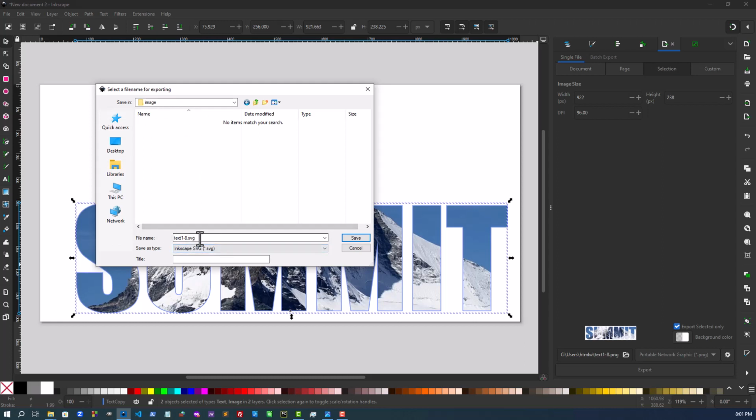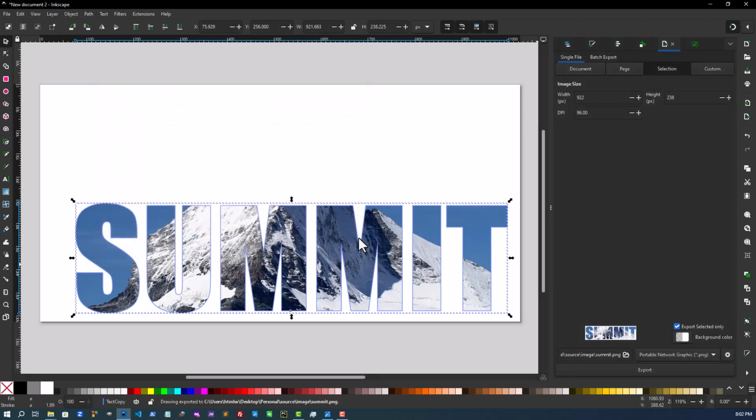But we're going to export this not as an SVG. We're going to change this to PNG, and we're going to just call this one Summit, SUMMIT, and we're going to leave it here. If you want to title it, I'll just call it Mountain Summit. Okay. And then we'll click save, and Inkscape exports the image and puts it in the folder,